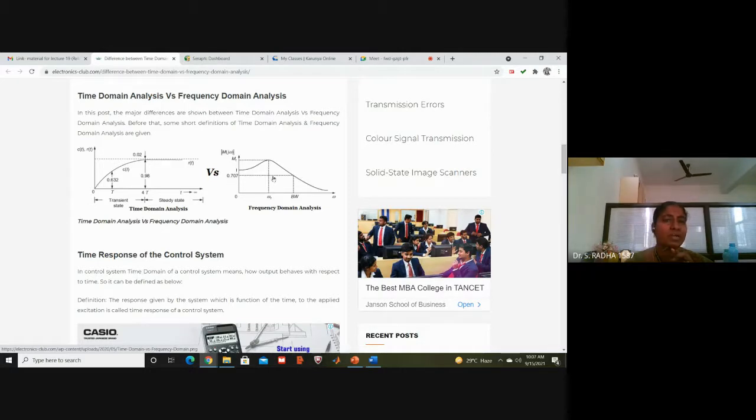Where that dotted line cuts the graph, you find the x-axis value. 0 to that x-axis value is called bandwidth. If you have 20 logarithm 15 and that value is something like 33 dB, then minus 3 will become 30 dB. 30 dB is the dotted line here. Where the dotted line cuts the graph, that will be the F maximum, and 0 to F maximum is called bandwidth. That is about the frequency response, how we draw the diagram.